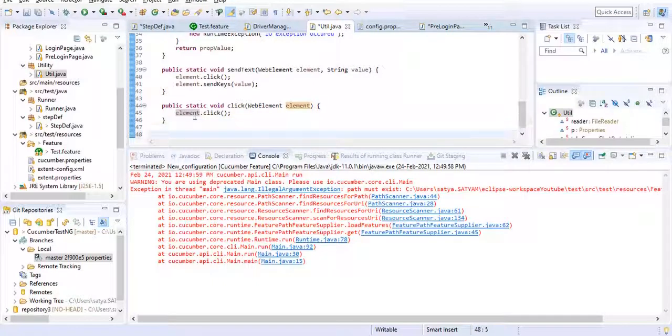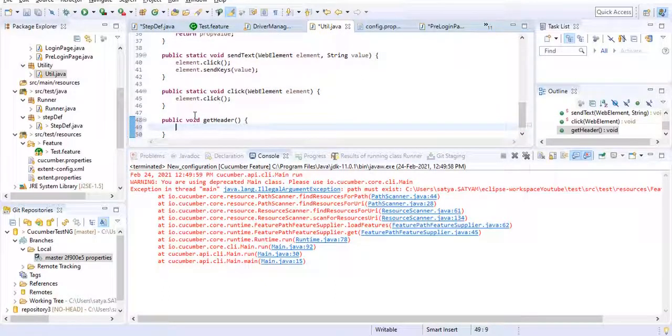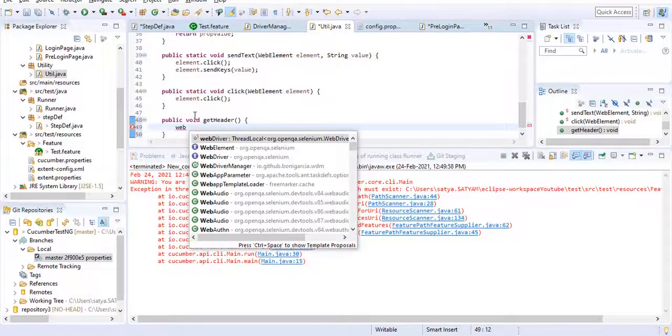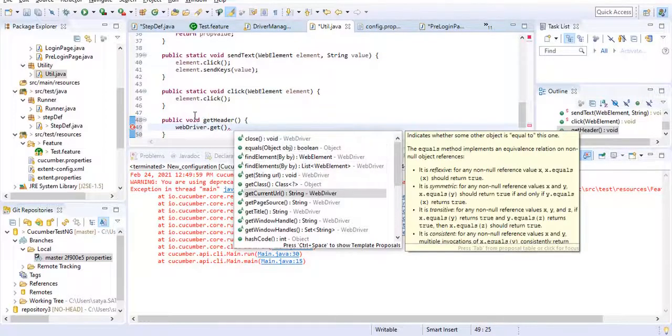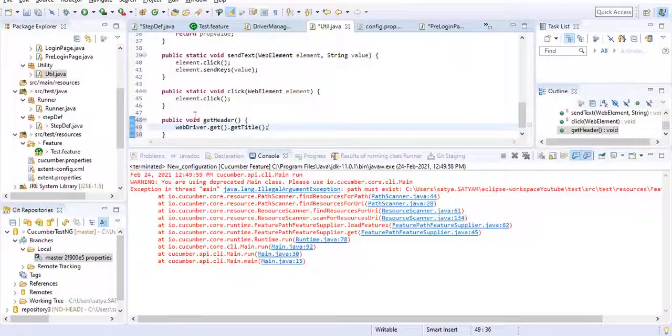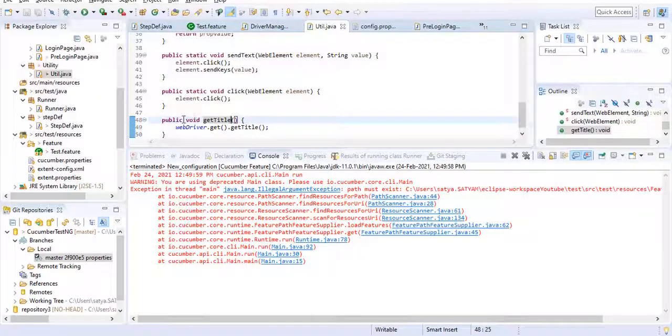Public void, WebDriver get title. So instead of this header, we will write this as title. Also make it static, public static get title, and in our step def what we will do